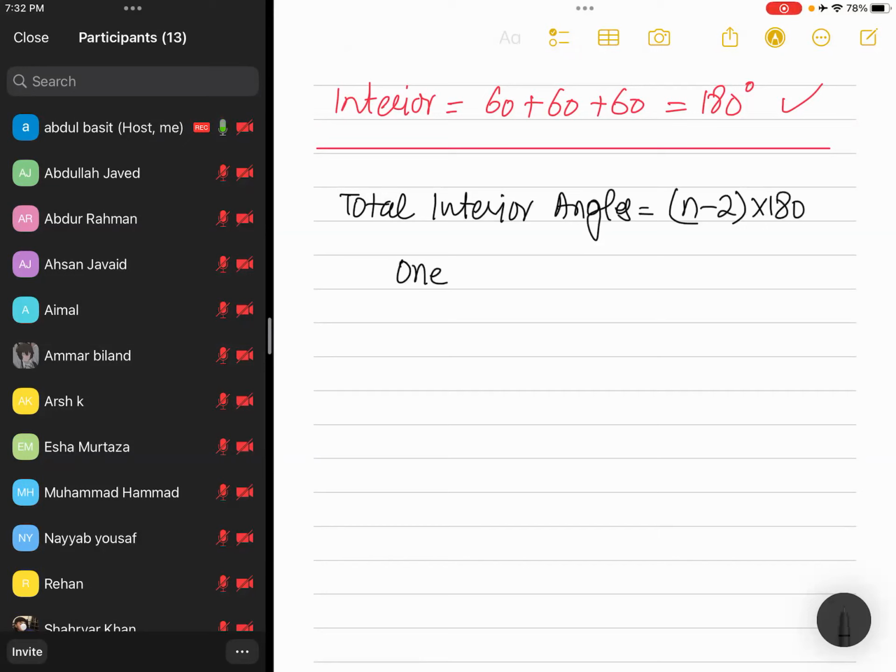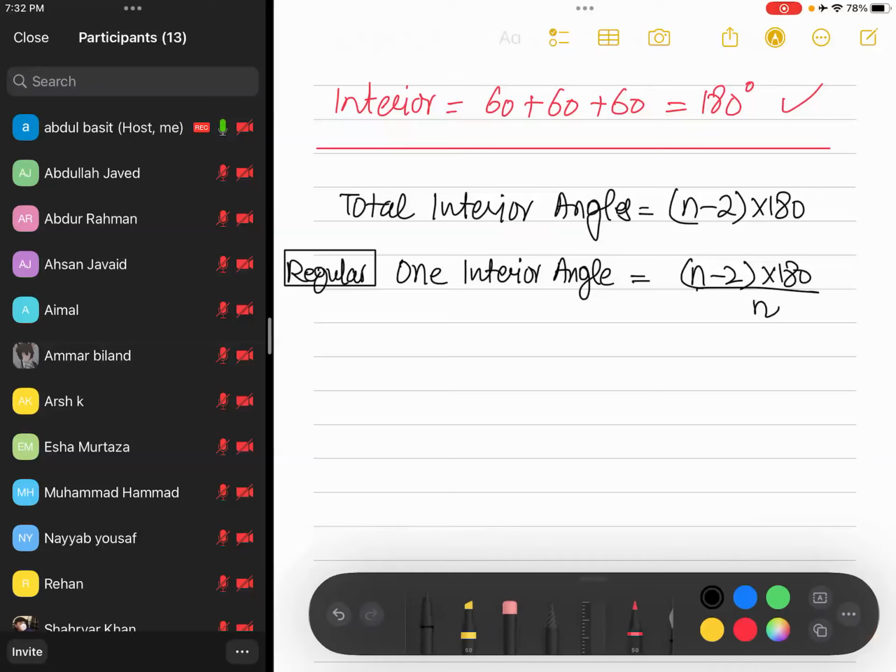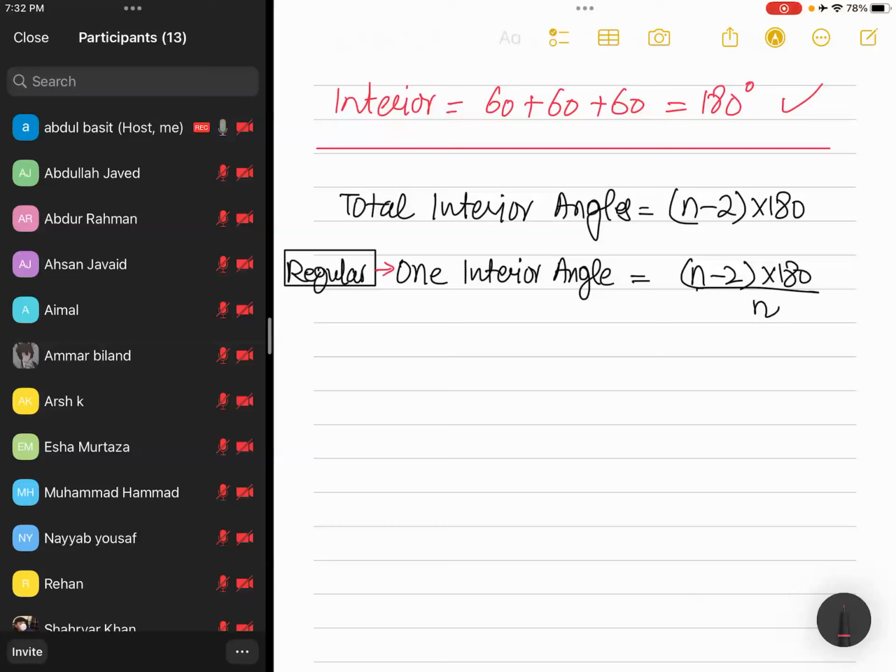If you want to find out one interior angle, so that would be (n minus 2) times 180, but you have to divide by n as well. But this is only in the case of regular, and regular means all sides are same. ठीक है, regular के लिए, regular के बगैर नहीं. If you want to find out one exterior angle, the formula is 360 divided by n, and that is also the case of regular. And by regular we mean कि तमाम की तमाम साइडें भी बराबर होंगे और तमाम के तमाम एंगल भी